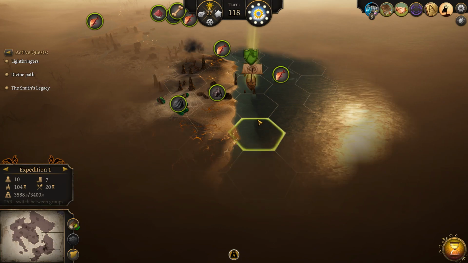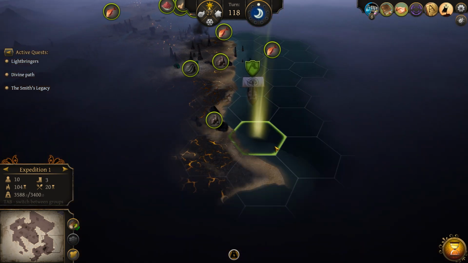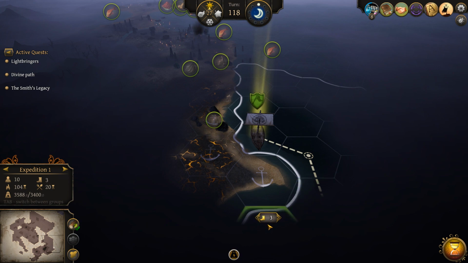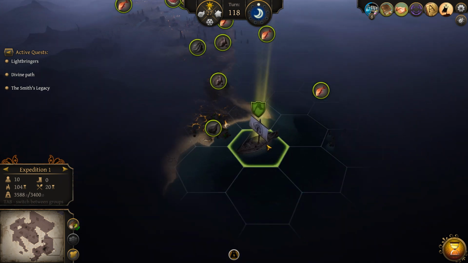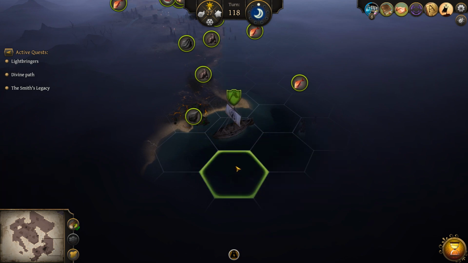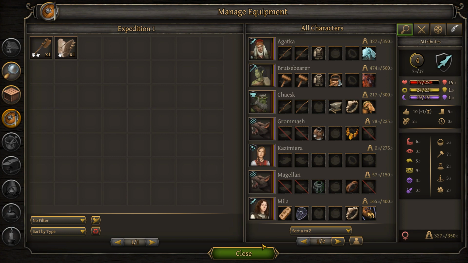My feeling here is that we are here to gather the resources and then leave. I do not think it would be a good idea for us to try to settle here. We just don't have the equipment for... I should probably actually equip that rat armor. We don't have the equipment for fighting the challenges here, so...